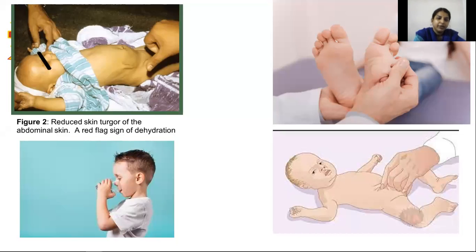So this picture shows a child with signs of dehydration. The skin looks dehydrated and dry. The abdominal skin pinch, even when seen, has not gone back. So the child has features of dehydration, and drinks eagerly, which comes under some dehydration. We also check capillary refill, usually done in the sole.